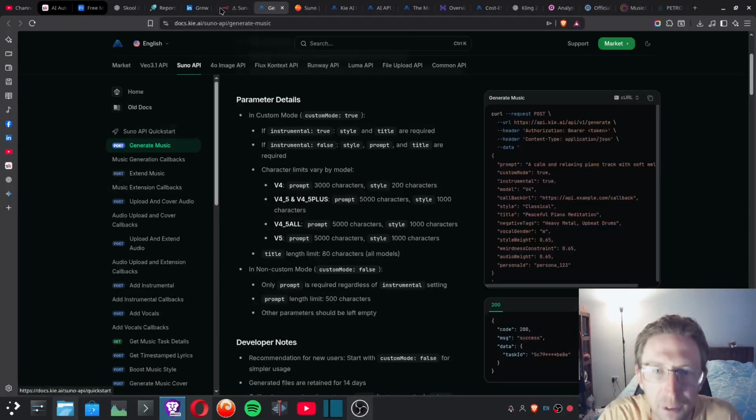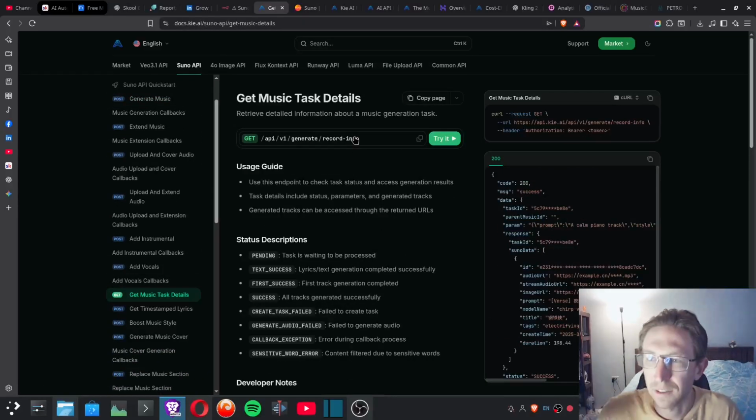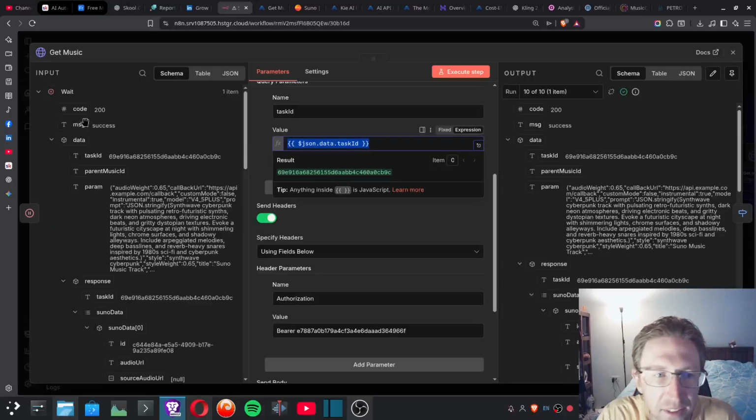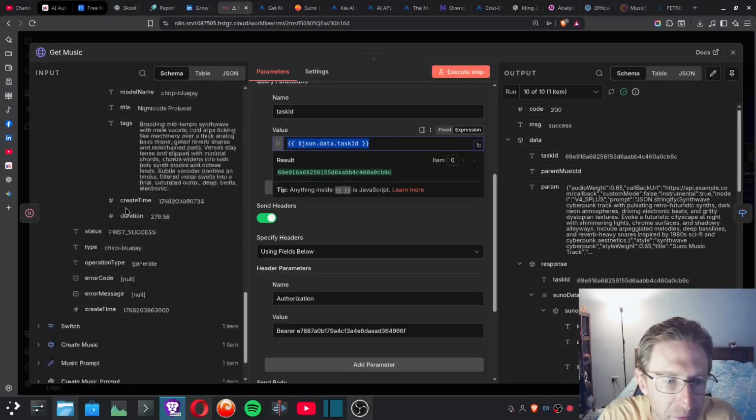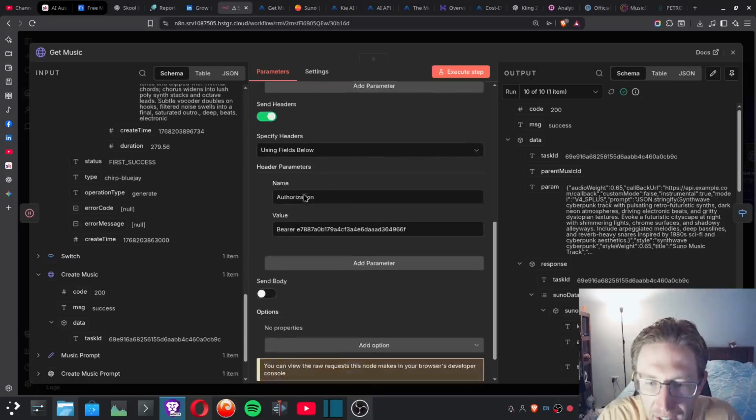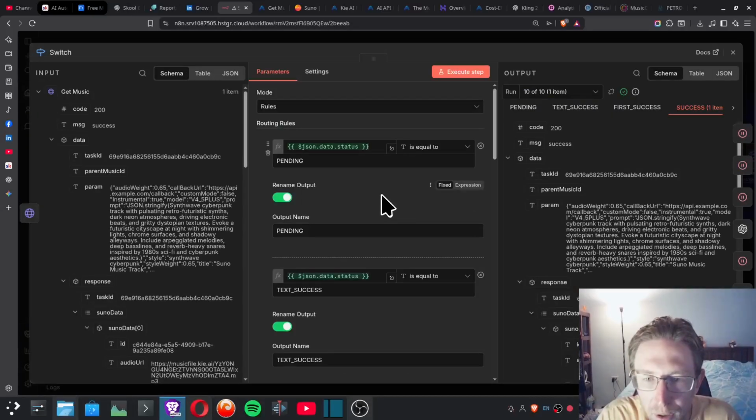So similar to what I've done in some of my other videos, you could just come on down to get music track details. You're just going to want to continue polling to see if the track is finished. So that's what we're doing here. And we're also passing in the task ID, which is coming from the create music node right here. So we're just passing in the task ID, which it needs to get the track. And that's all we're doing here. So it's just looping, and it's waiting 10 seconds in between. And then it's just checking the status code over here, which is just